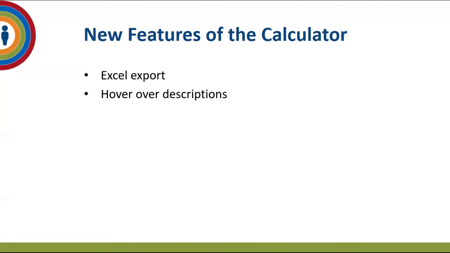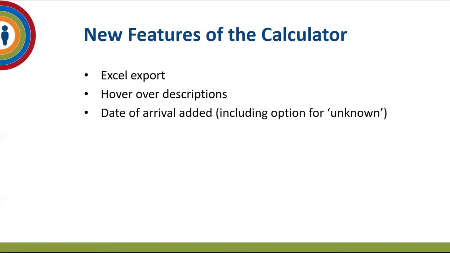We now have a field where you can enter in the date of arrival, which allows for prorated calculations for the first and last month of arrival, and also calculates school startup costs twice if the sponsorship period covers 2 school years. And alternatively, an unknown checkbox option can be selected for the date of arrival if you're doing the calculation at the time of submission for calculating an estimate.